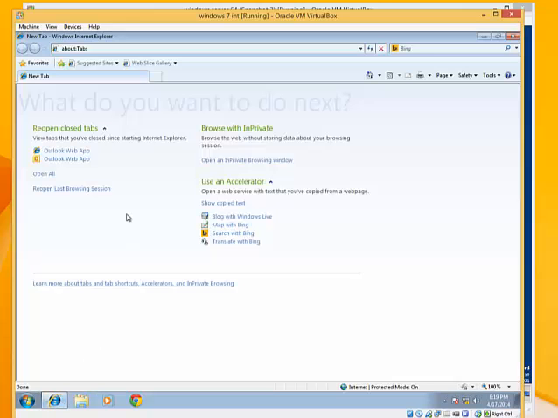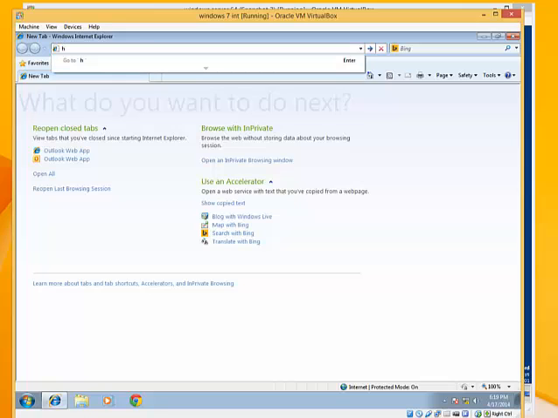On the Windows 7 machine, open Internet Explorer. There's two ways we can do it. Because we're on a local LAN, we're going to use the IP address of the server. Now Exchange is set up using HTTPS, so we have to type in https://